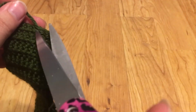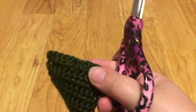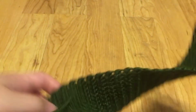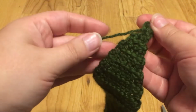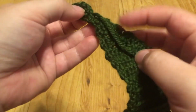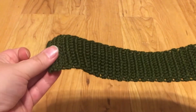I'm just going to cut off my extras right there. And I'm going to do the same thing with this one, probably working my way downwards into these stitches. So now that all of our ends are hidden, I'm going to show you on just